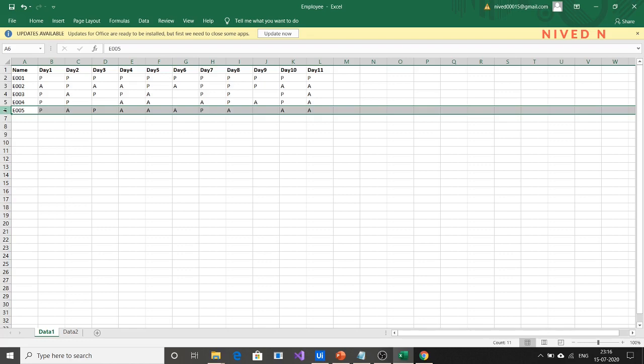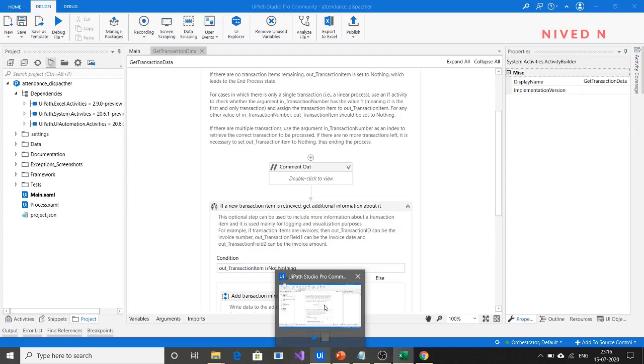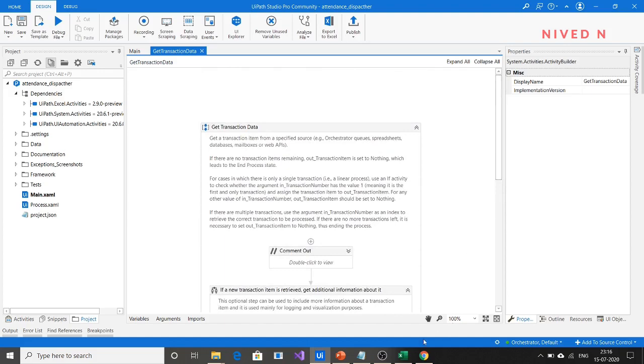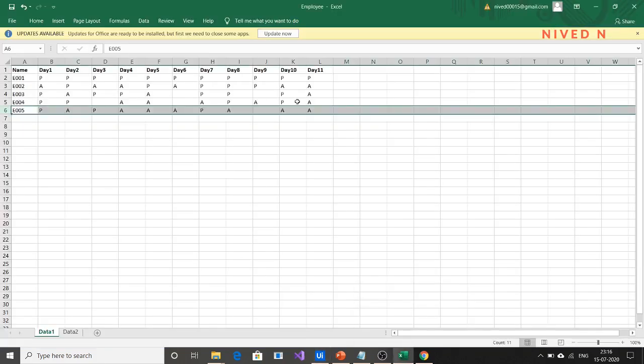So we have to first assign the transaction item in the get transaction data state. For that we have to use two sequences. First, to read this Excel sheet and store it in a data table, and second, using this data table we have to assign the transaction item.